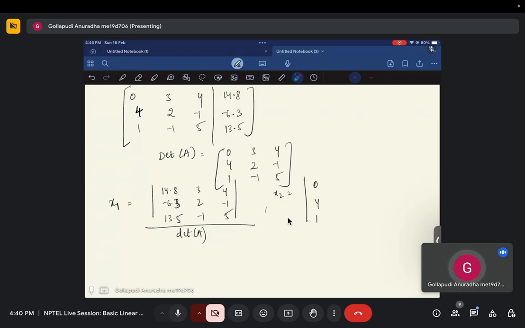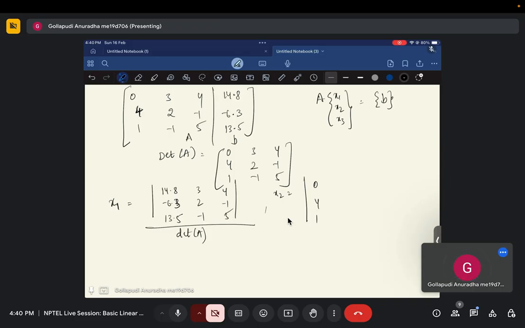For example, if this is B and this is A, so the corresponding column, for example, if it is A into x1, x2, x3 is equal to the B matrix,